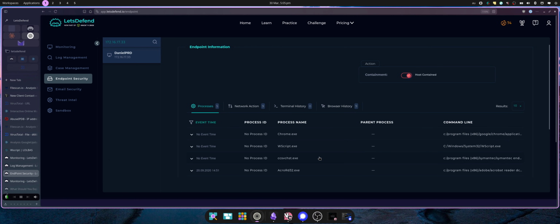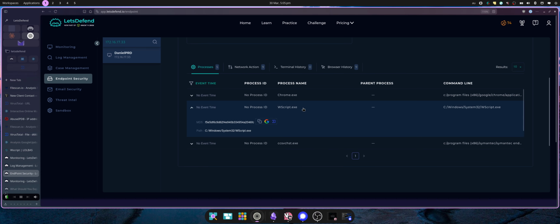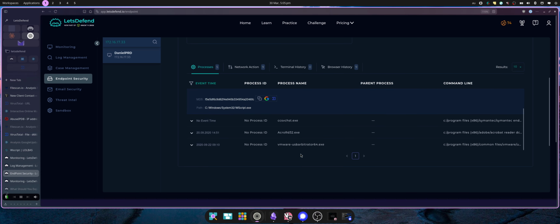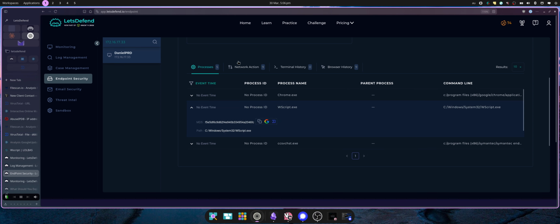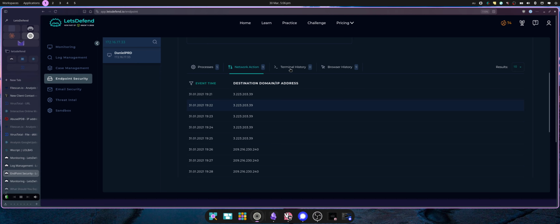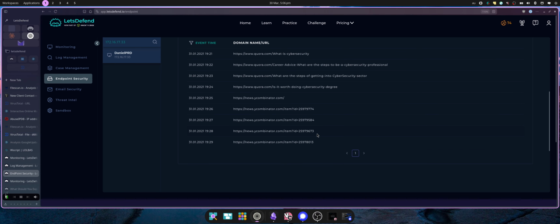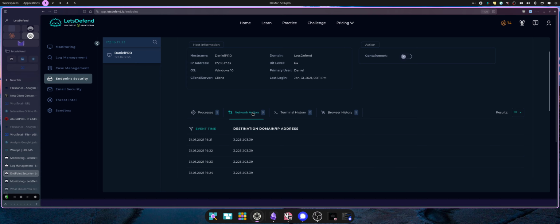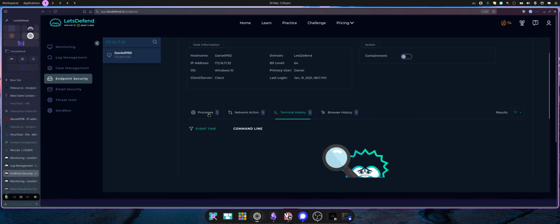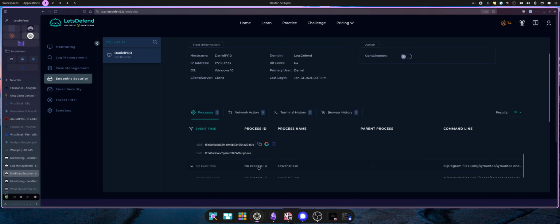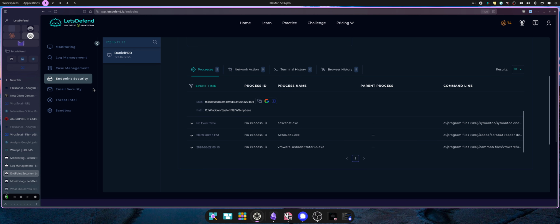DanielPRD. So this is the process that spawned our alert, the Wscript. We're not getting any more information. Looks like there's VMware running on the endpoint. And no interesting browsing history. So